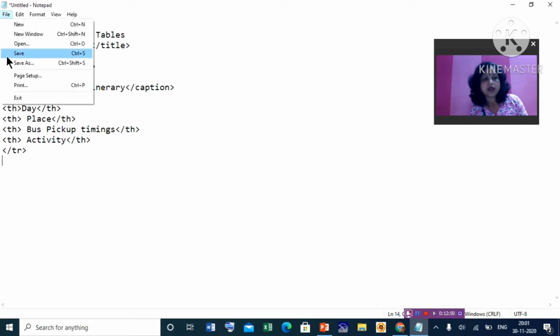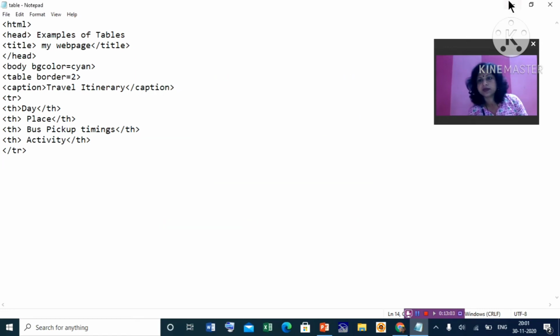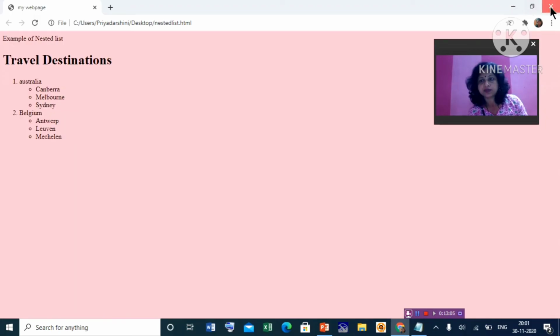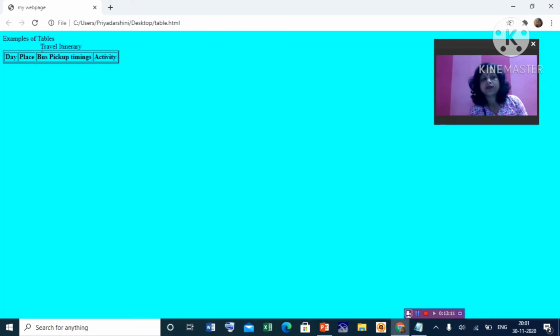Now I'll save it as table.html and show you the output. One table. This is the caption of the table, and this is your first row.